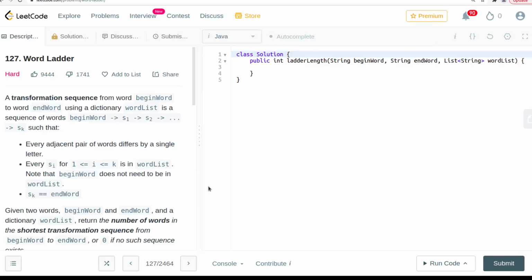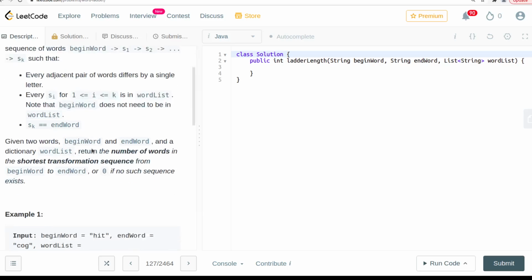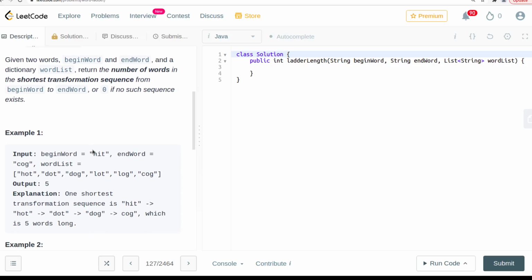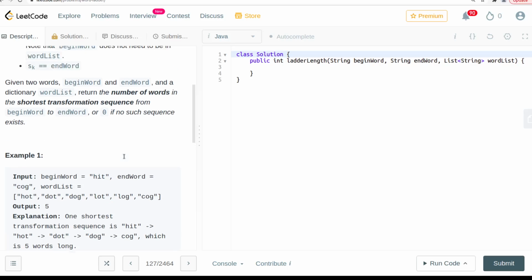In this video, we're going to be covering another interview question. This is question number 127 of Leetcode. It's called Word Ladder. There are many different versions of this question. This is, I would consider,